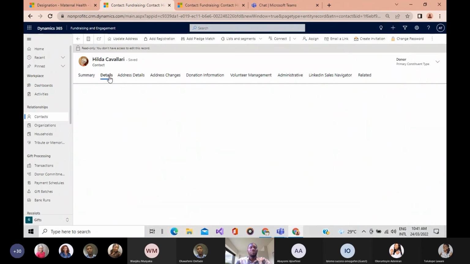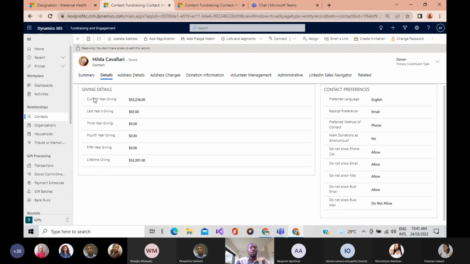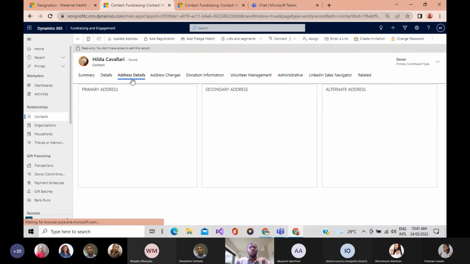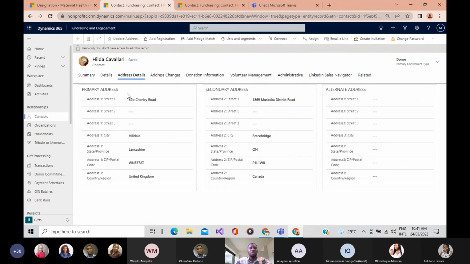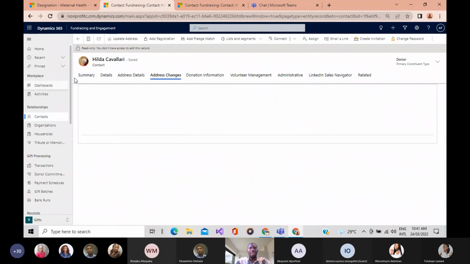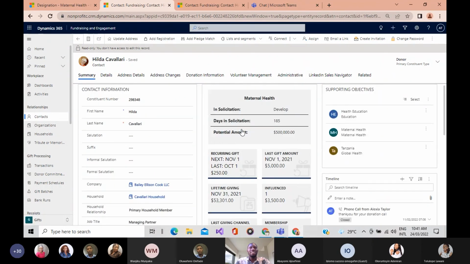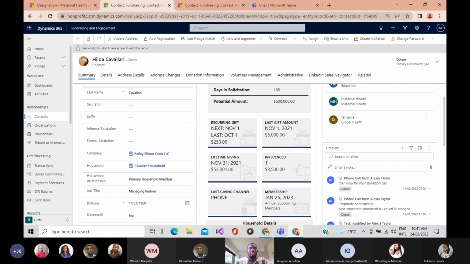Also, we have visibility over other details, let's say current year giving, last year's giving about this donor. Also, we have address details, so we are able to also track address changes. From this form, we're able to have a holistic view of this donor just in one screen. We can see that this donor has made a handful of one-time major gifts in recent years,